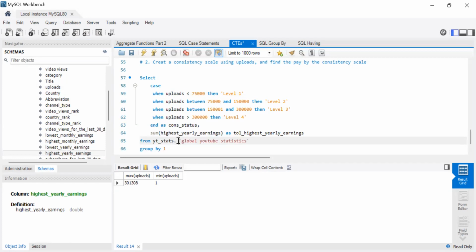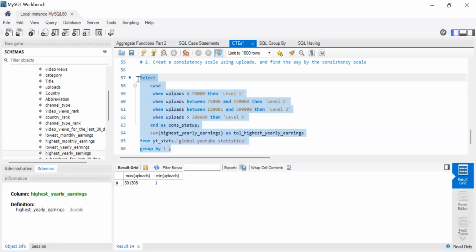So in group by, you could explicitly write consistency status, or you could use the position. So as you can see, this is the first one, column 1, column 2. Yeah. But then again, as I told you guys,